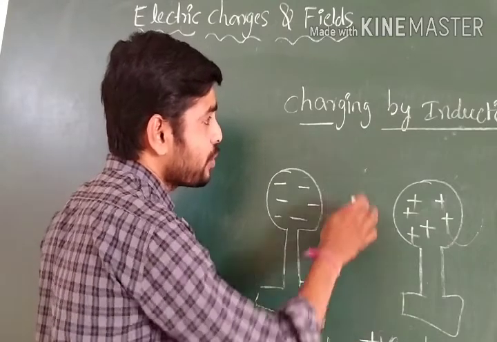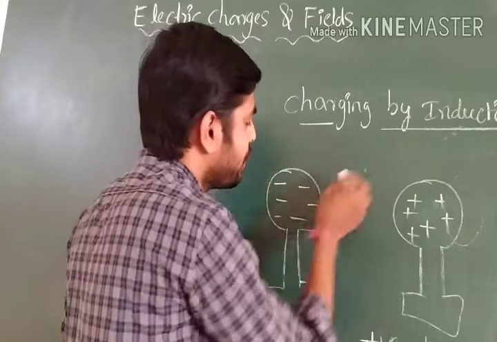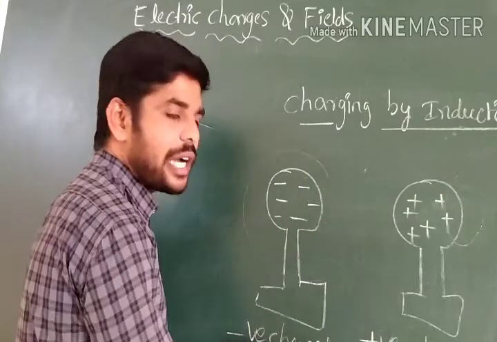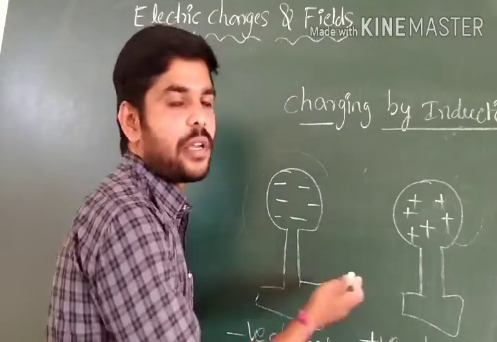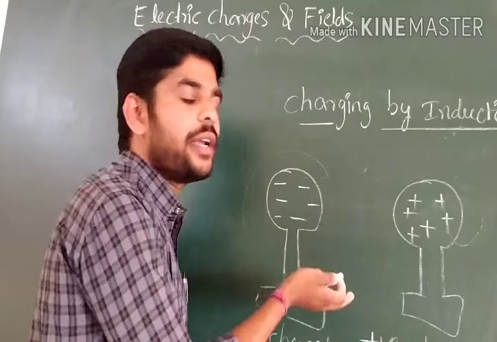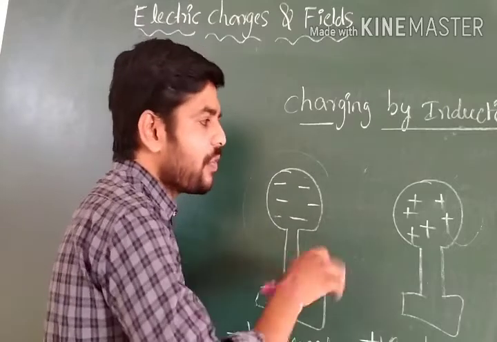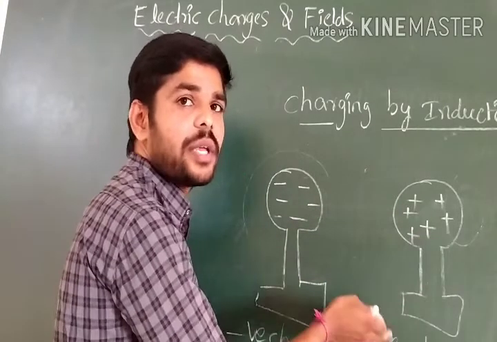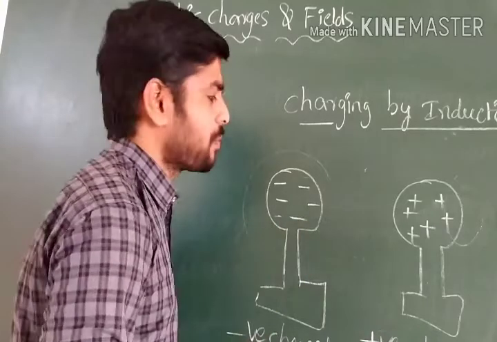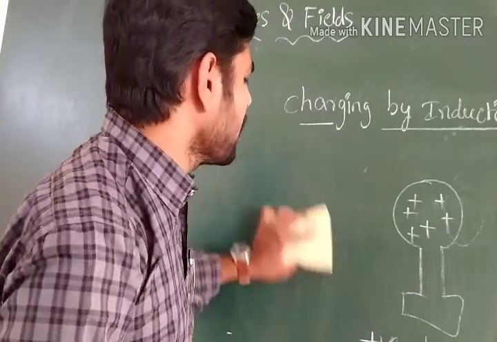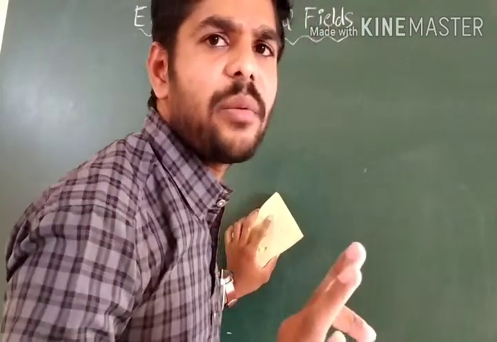Which means by using a charging rod, we induced one sphere. This is a negatively charged induced body, and a positively charged induced sphere, like these particles. We can make different kinds of matrices. What we need, if we need negative, we do like this. If we need positive, we do like this. Same process. This is charging by induction. So this is a basic example. Again, by using induction, we did just one example.